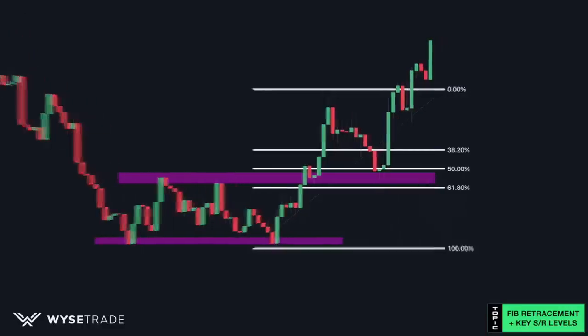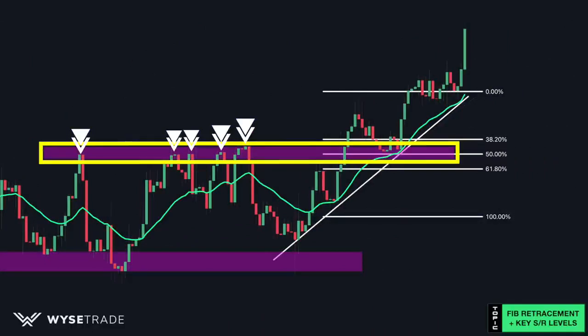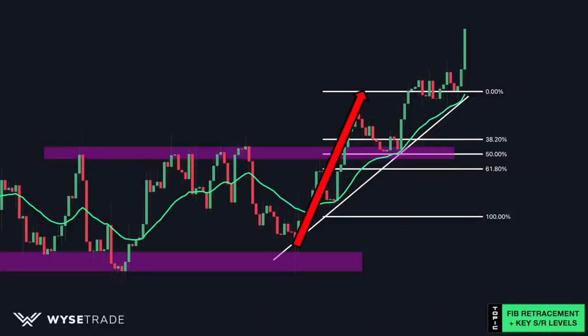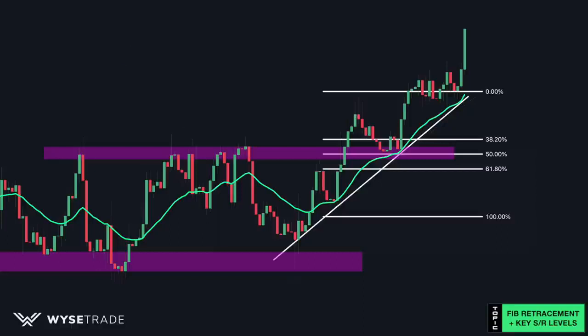So again, these reversal points give you a key level. Price breaks through the very key level, showing how strong the uptrend is. Now you don't know if this is a false breakout or not. So one way to get around this problem is to look for a pullback entry, which you had right here,